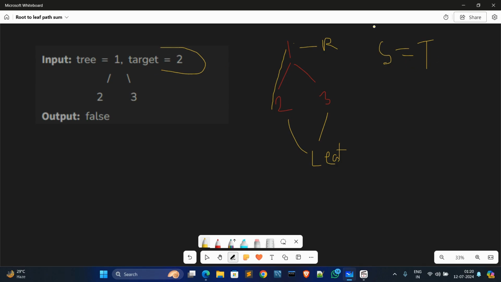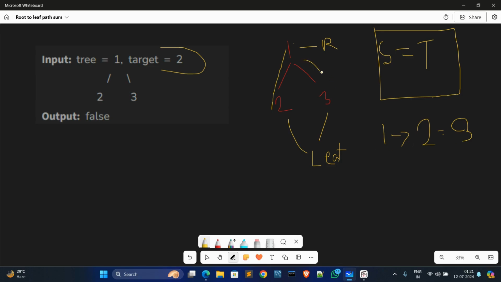Our condition is to check whether some path sum is equal to the target or not. In this binary tree, the first path is 1 and 2, and the sum of these is 3.